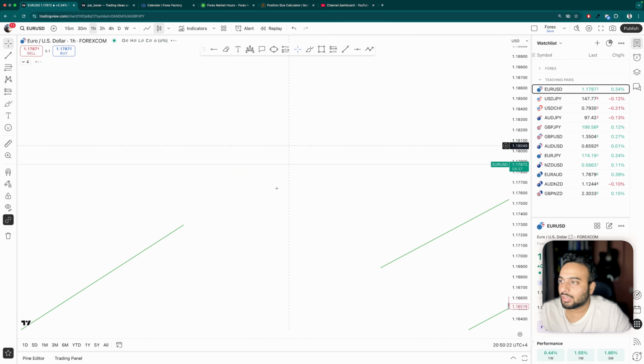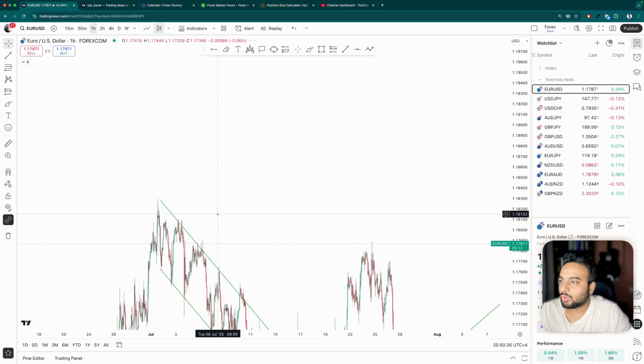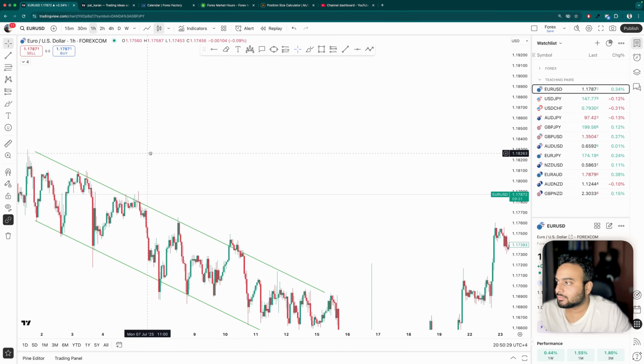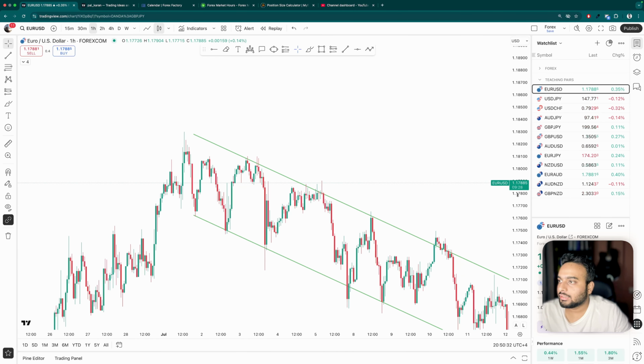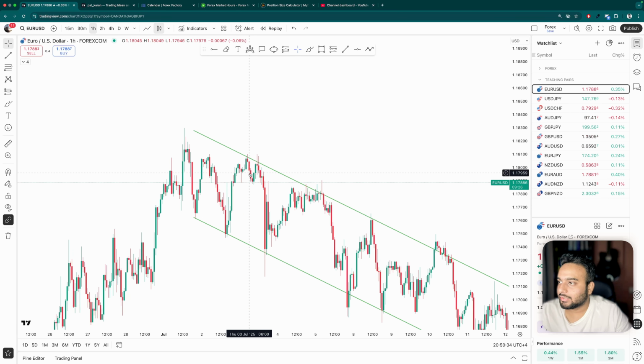Let's move this to 1 hour and see what kind of price action was here. So again, a reversal pattern right here. And even if you didn't catch that, let's say the 1 hour was bearish here. It went bullish. No, not even bullish. It just moved down here. And then it created another pattern and just moved down. So even if you entered here or here, it's fine. Let's say you entered right here